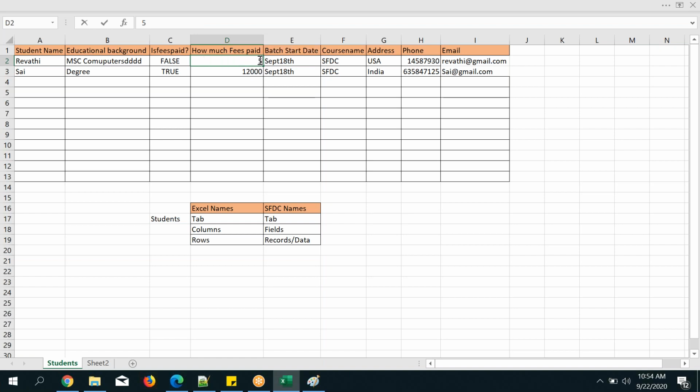So generally give this one. Maximum they have given, right? But it is a currency, right? We can use decimals also. Like here, by default, we can use 2 decimals.